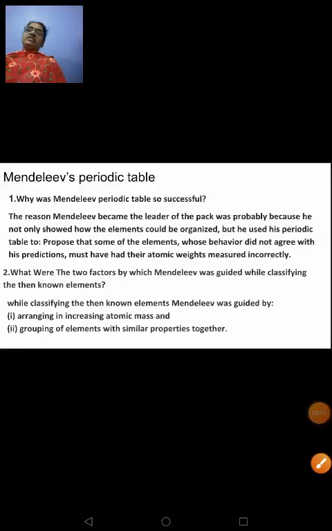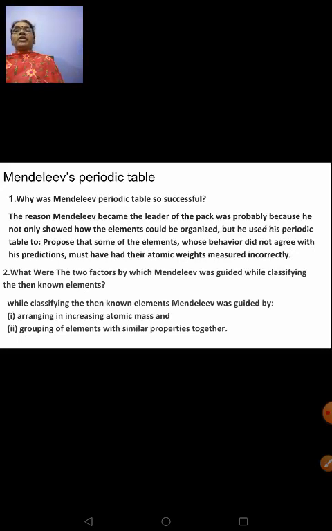Okay, now we'll start revising the questions. I've given a few more questions based on Mendeleev's periodic table. You must have found similar answers to different forms of a question, but look at the question and understand it. Questions will be of different formats. The answer may sound similar, but understand the question and answer accordingly. A few such questions had come in the previous years' papers.